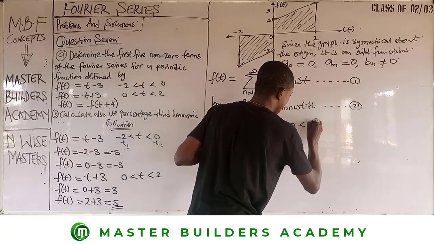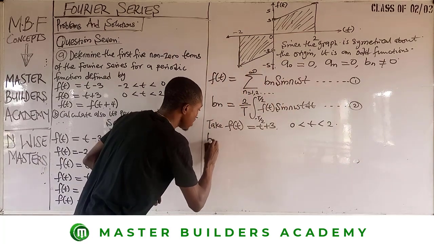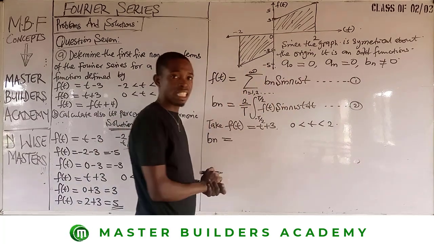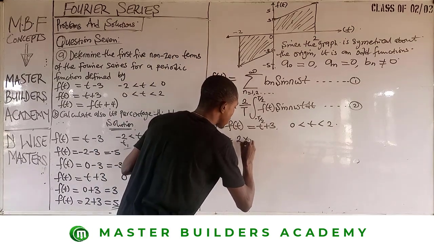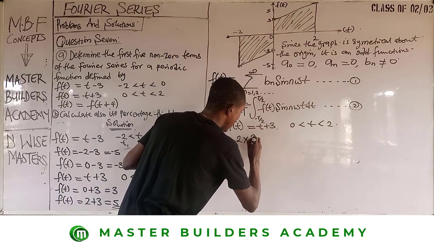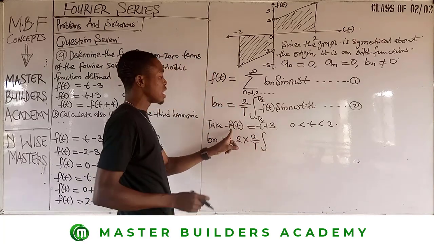For 0 less than t less than 2. All I need to do now is that my bn automatically would have become 2 multiplied by 2 over p, integral of, I will now be using the limit of this function,